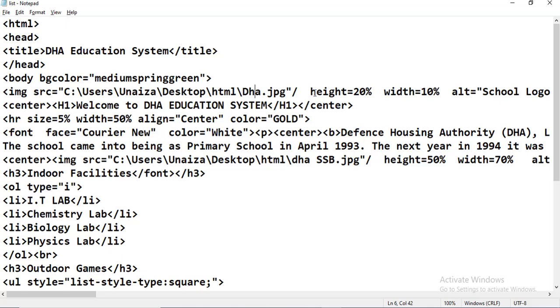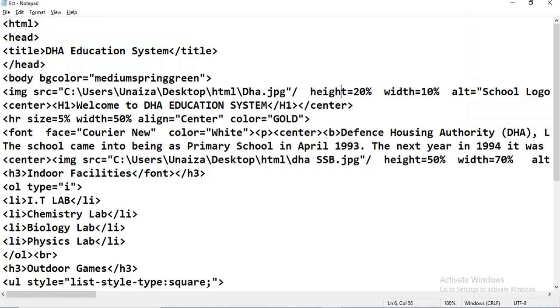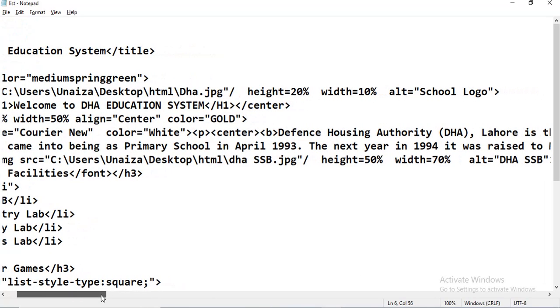Now, the different attributes of the image: height is 20%, which describes the height. Then width. Now ALT is alternate text.